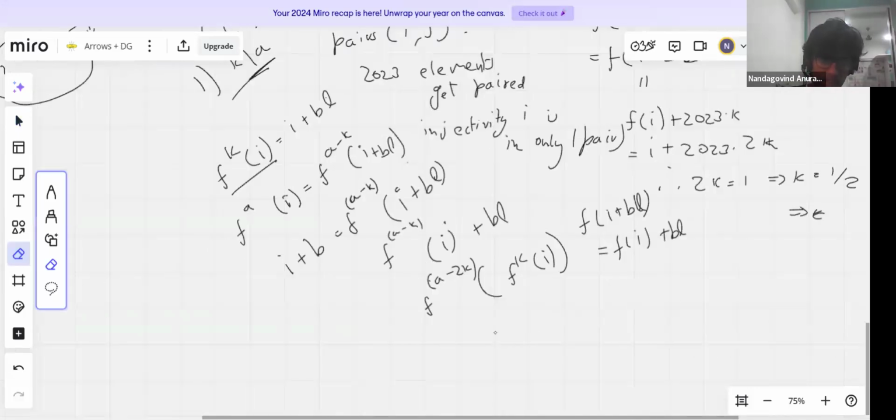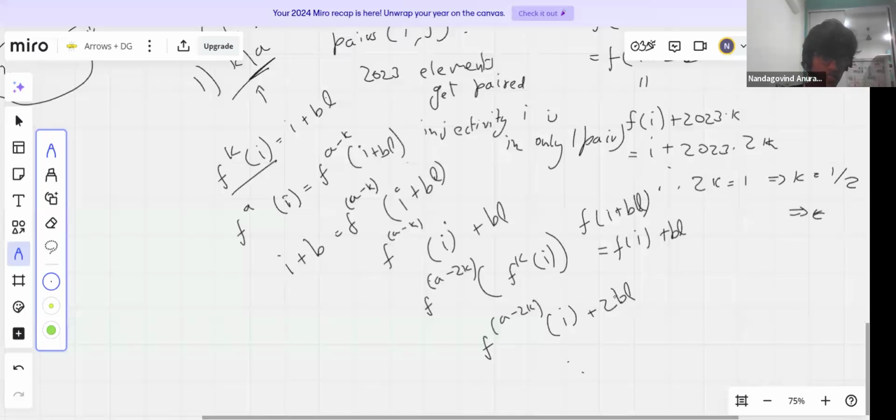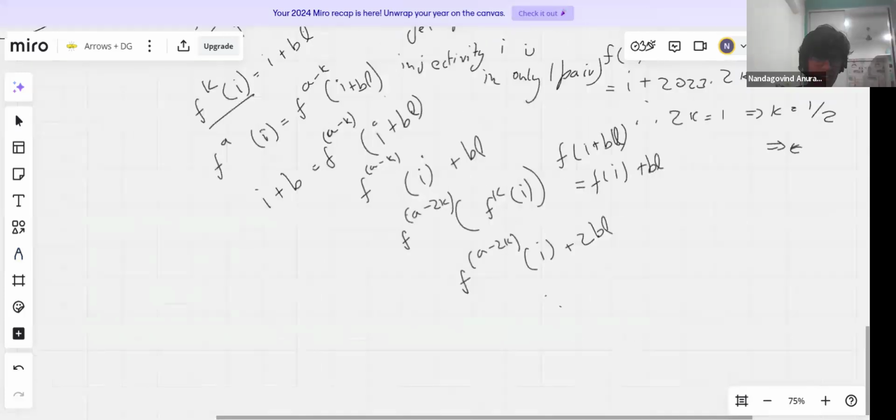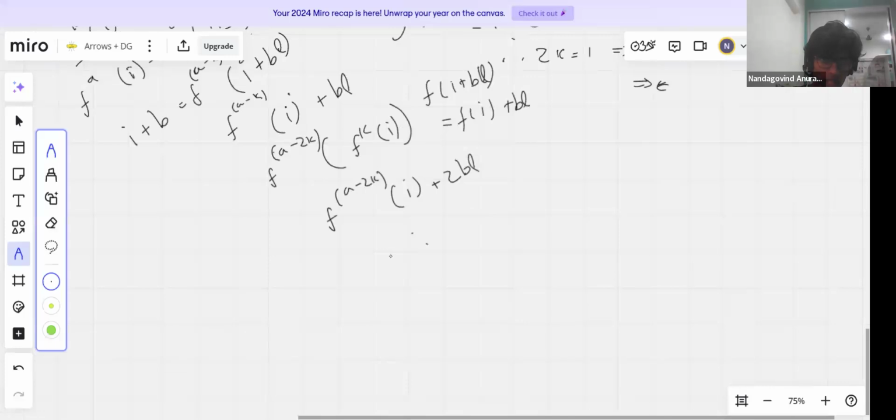So I can write this as f of a minus 2k times I plus b, and continue doing this on and on. Now this is why I wanted k divides a. This is going to be a little bit tricky, how I would do this without k divides a. But the point is, once you know k divides a, I do it till f of a minus